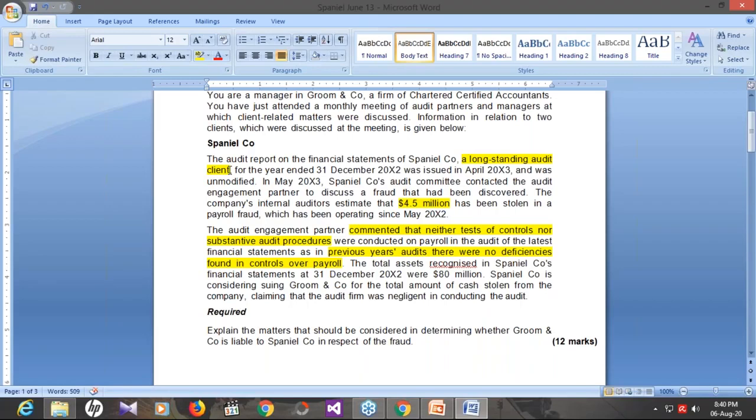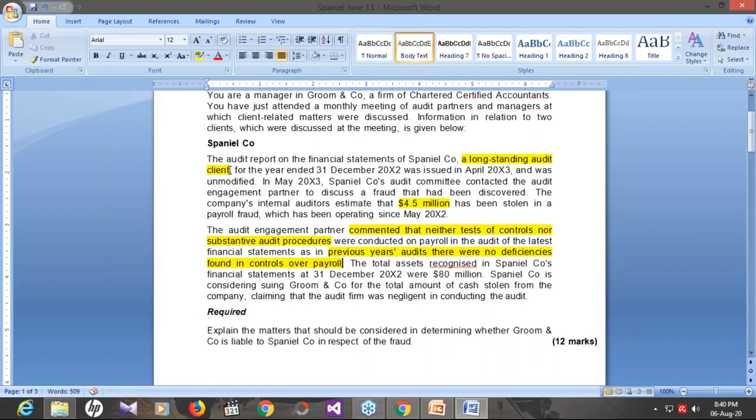So every time we start an audit client, it is important to highlight the risky areas relevant to fraud. This is the responsibility of the auditor according to ISA 240. The auditor must plan, perform, and review the audit in the light of the risk of fraud. This is the responsibility that has been violated by the auditor in this scenario. That is why the auditor is considered to be negligent here, most probably. So that is how you are going to attempt this question.